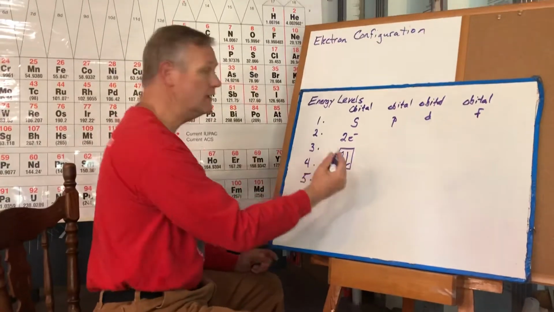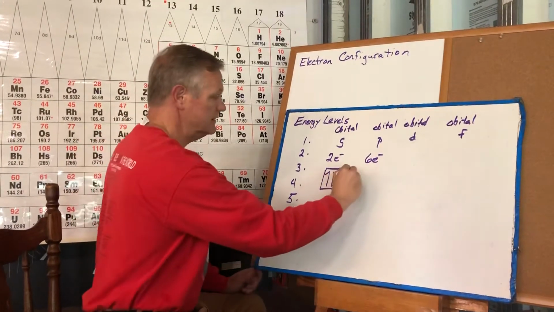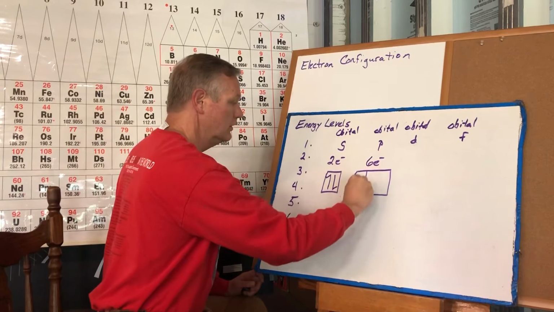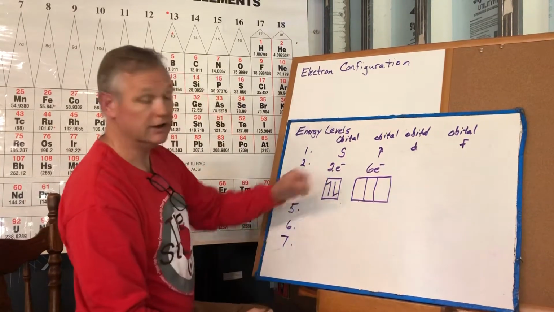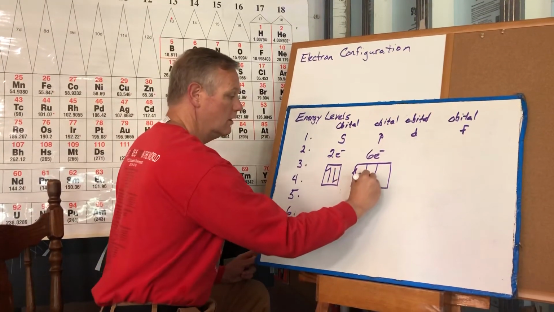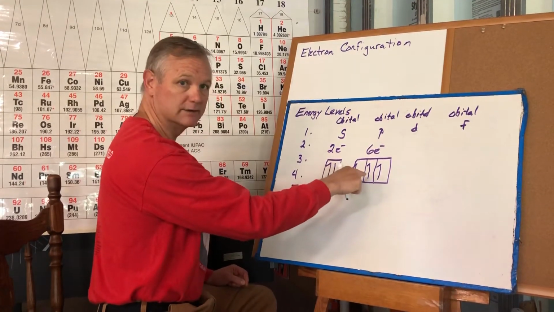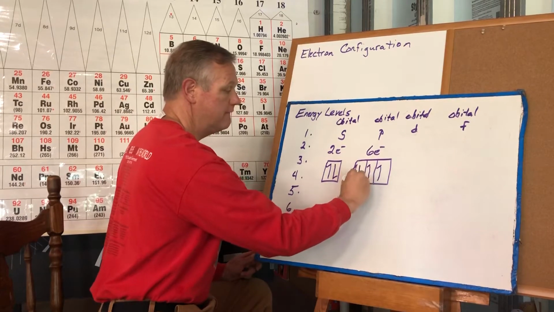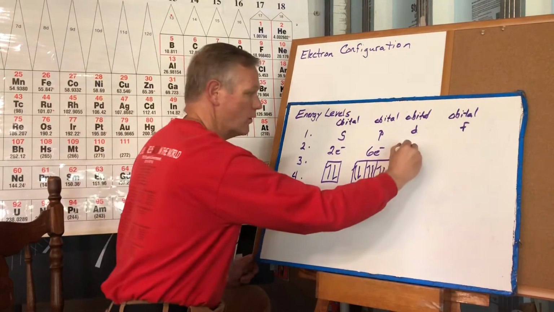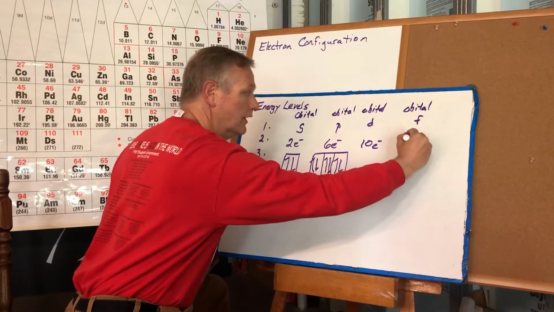Now, if I look at the p orbital, the p holds 6 electrons. So each one of these little orbital boxes can hold 2. So they're connected together because I need a total of 6. So as the electrons fill them up, it'll go 1, 2, 3. Did you notice how there was 1 electron per box? Now they start to double up. 4, 5, 6. If I do the d orbital, it will hold 10 electrons, and the f orbital would hold